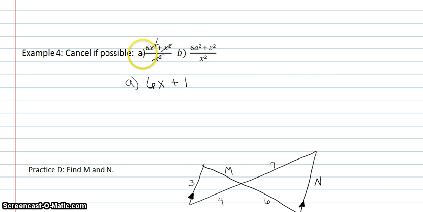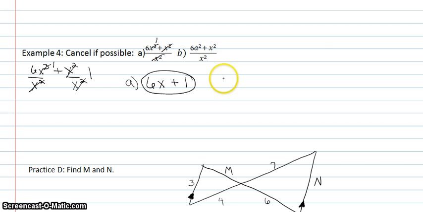One way to help with that is to break it up into parts: 6x cubed plus x squared, and then take that common denominator and write it under each of those terms. So here you see that cancels to make 1, and then this cancels so that there's just one x left on top, and then that's our answer